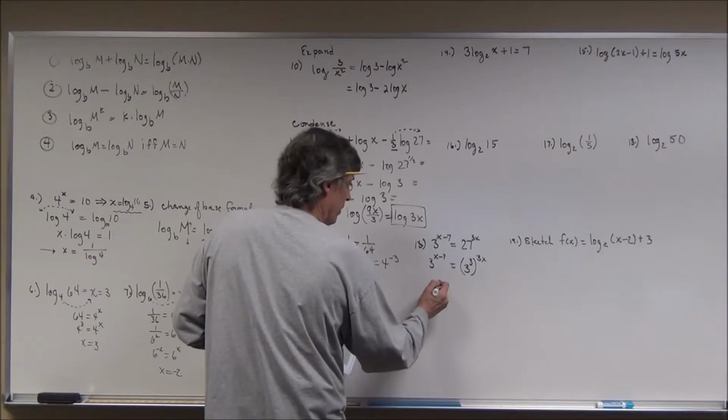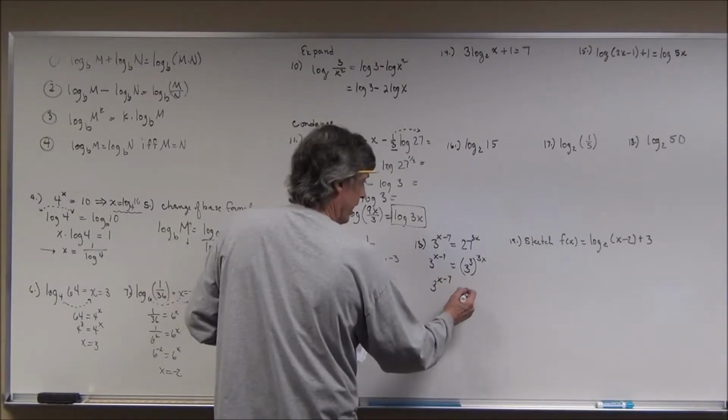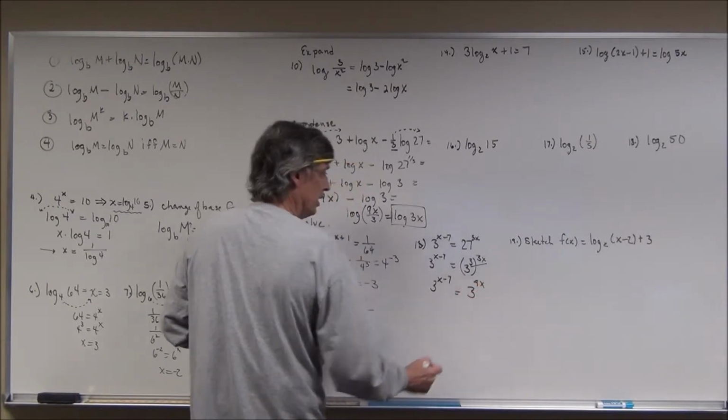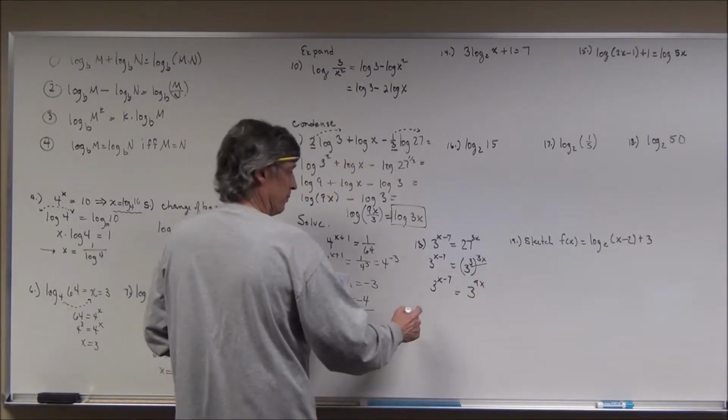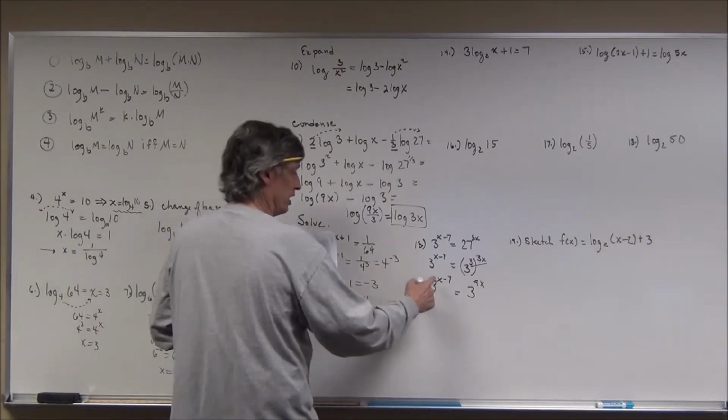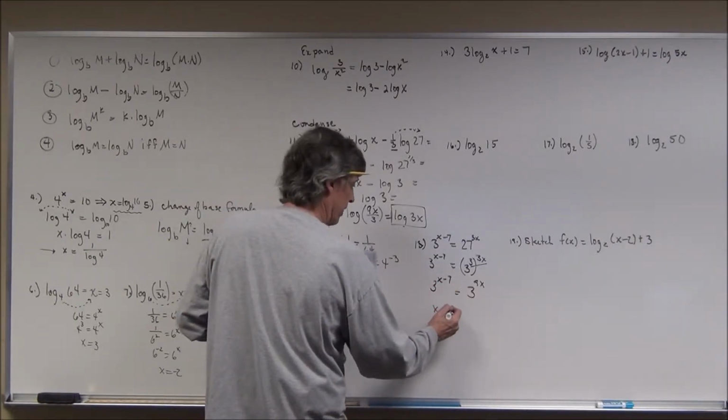But I'm going to go ahead and now write this, because that's a power to a power, you multiply the exponents. So 3 times 3x is 9x. The bases match just like they did back here. Set the exponents equal. Set x minus 7